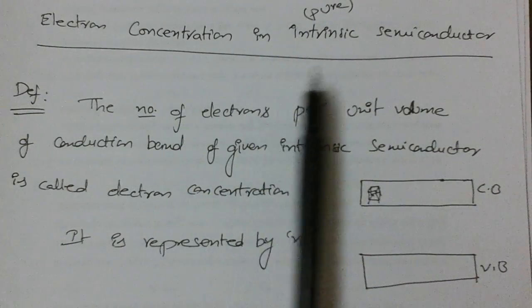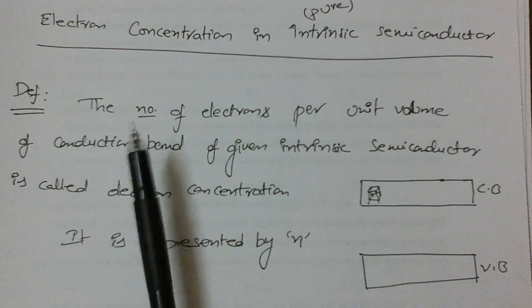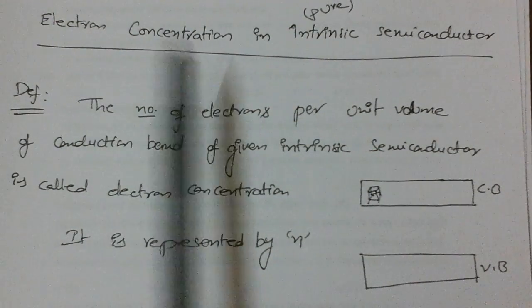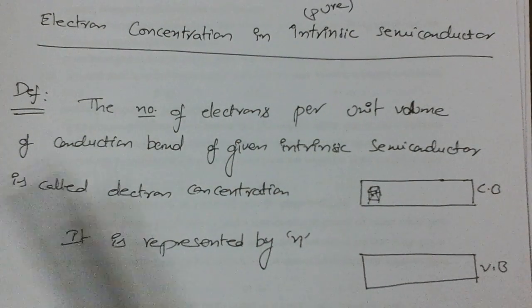Electron concentration in intrinsic semiconductor. In a given intrinsic semiconductor, what is electron concentration? What is the electron concentration definition we are discussing now? Intrinsic means pure semiconductor. Pure means, as we already said, germanium